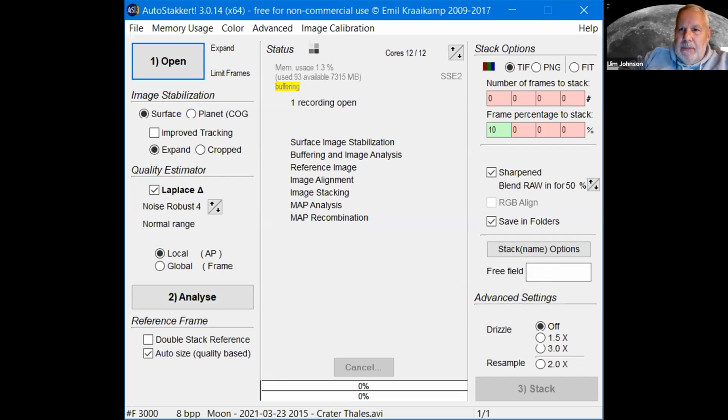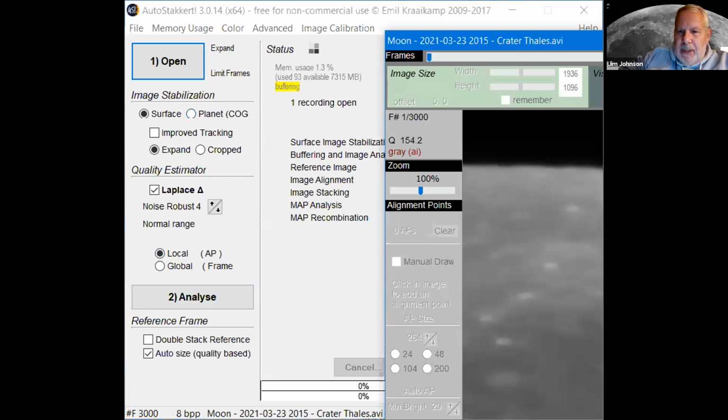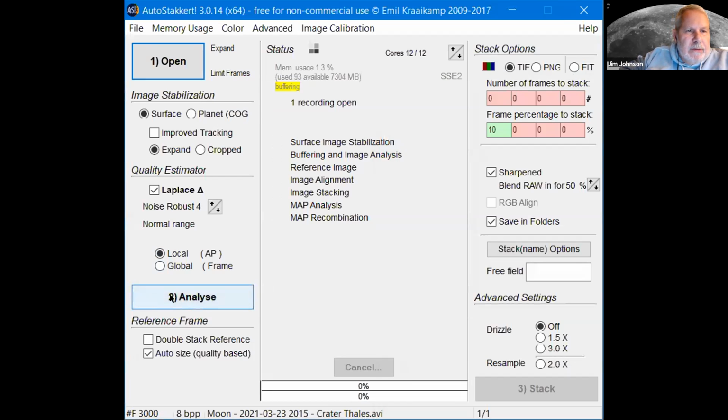Once everything's ready to go, I'm going to click analyze and it'll run, and then I'll turn it over to somebody else. But first, this box right here: image stabilization anchor, control click to set. Normally I would set this on my primary target, this bright crater up here, Thales. But since it's so close to the edge of the image, it won't set there because the edge of the box is too far from the cross in there. So I'm just going to take that feature right there. I have that set, and then I'm going to come back over here and start the run.